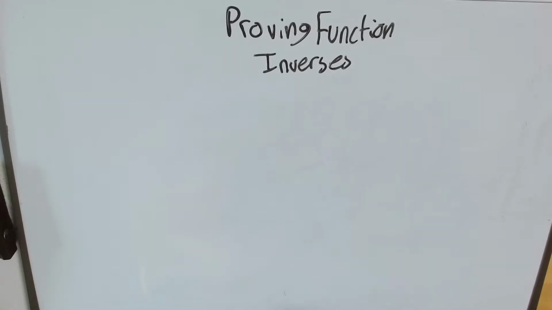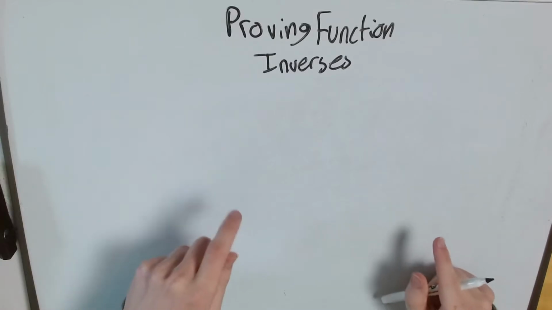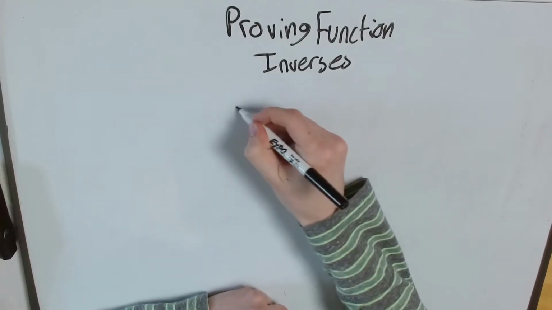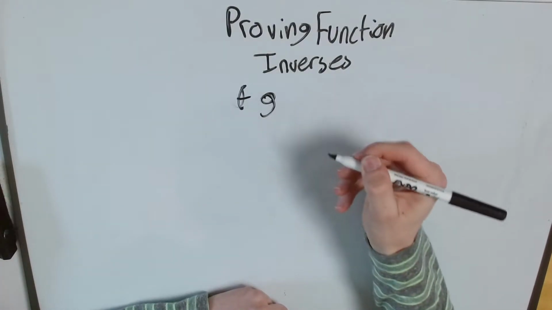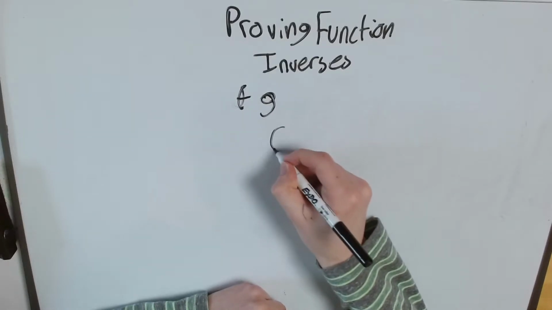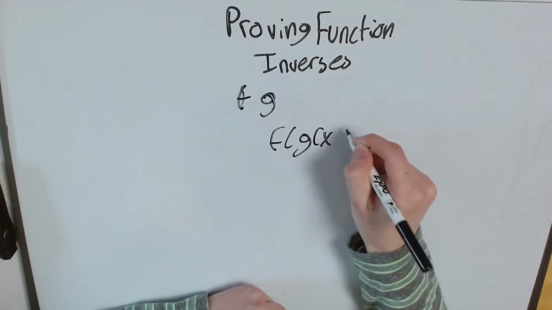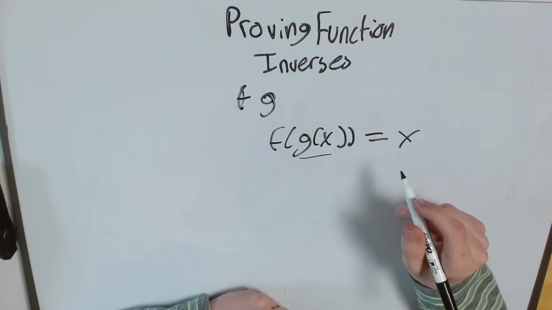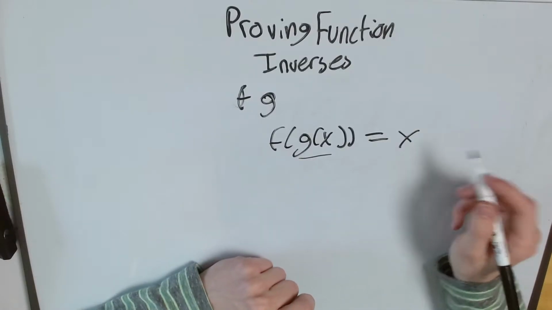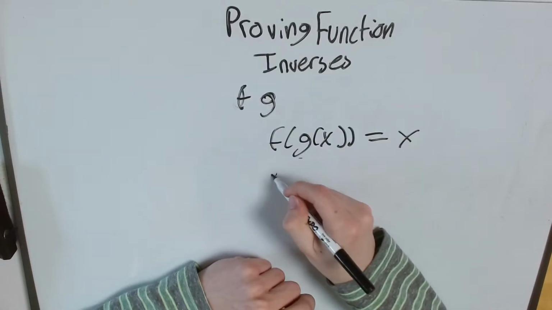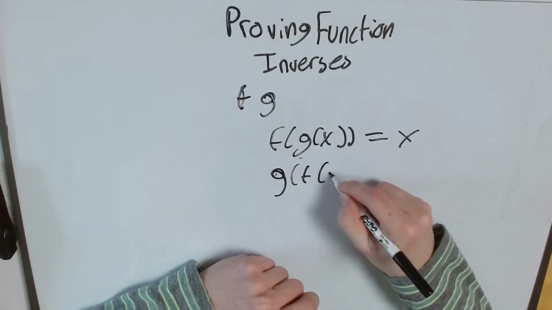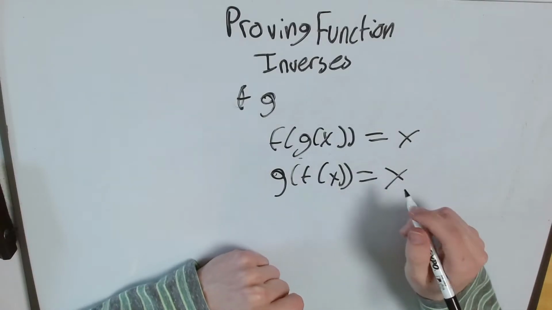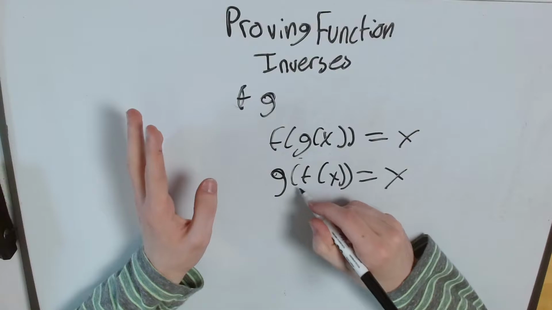There's two conditions that if they're true, you know two functions are inverses. And if they're not true, you know they're not. So let's say I have a function f and g. If f of g of x is equal to x for all x in the domain of g, so all acceptable x values of g, and g of f of x equals x for all x in the domain of f, or all acceptable x values for f,